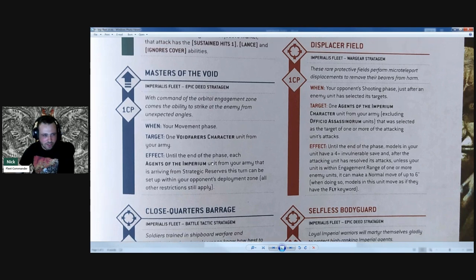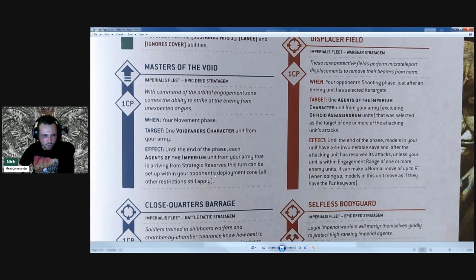As we just looked at, there's ways to give them deep strike. So I don't know necessarily why you'd pay a CP to do this. This is probably just not good. This is very, very situational. The only time I can think of where this would actually come into play would be if you had strategic reserve units and they weren't already in deep strike, which they probably would be if you're playing this correctly,